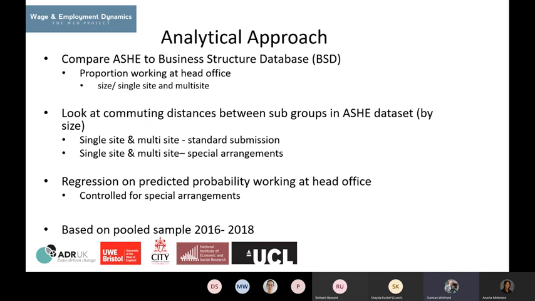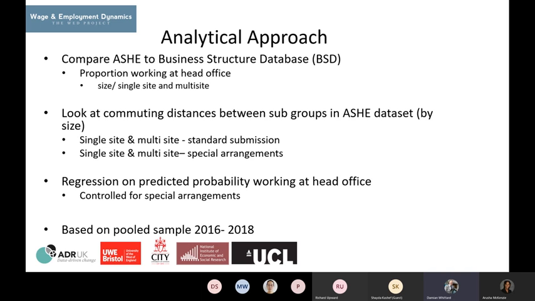Okay, so in order to explore this, we took a three-step approach. First, we compared the proportion of head office employment within ASHE to the BSD, the Business Structured Database. That contains a small number of variables for many organizations in the UK, just missing the smallest of the companies. The information in the BSD is derived primarily from the Interdepartmental Business Register and three data sources. The main data sources are the value-added tax and PAYE records from HMRC, and ONS business surveys. As such, we felt this was a good base from which to analyse it.